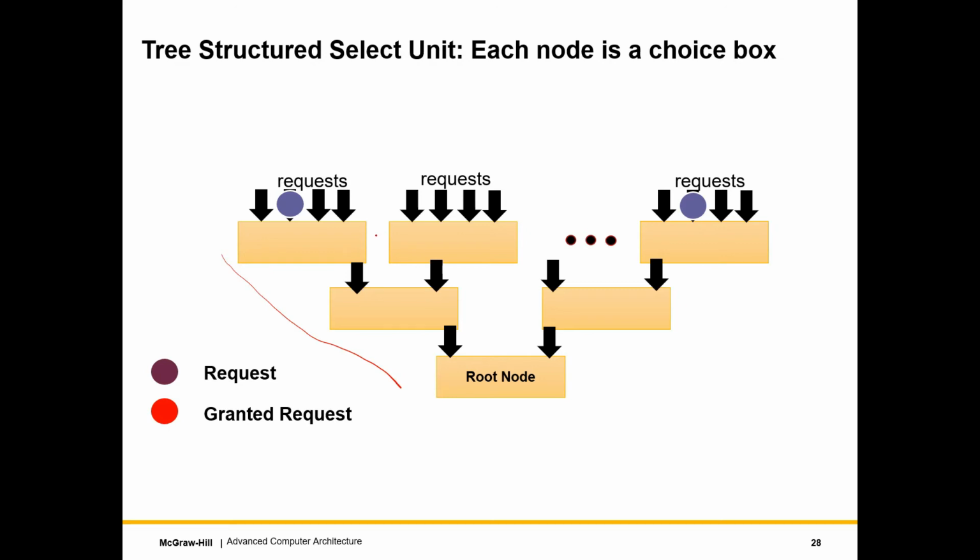The tree need not have a fixed arity. I am showing a tree where there are 4 leaves, 4 requests coming in at the lowermost layer, and all the internal nodes have 2 each. It doesn't matter. What matters is the logic of these rectangles. A rectangle here is called a choice box. What a choice box does is first inspect all the requests that are coming in. They can either be 0 or 1. If all of them are 0, it will set its output to 0, basically saying that none of its requests are interested.